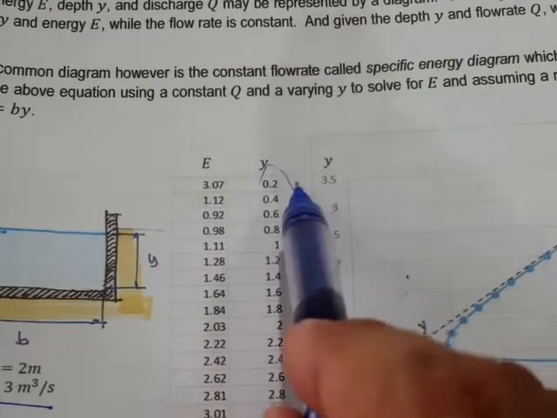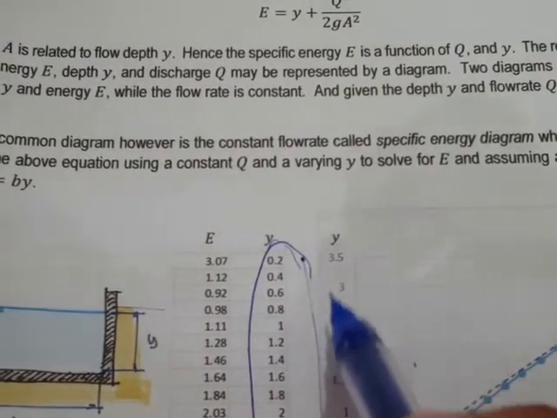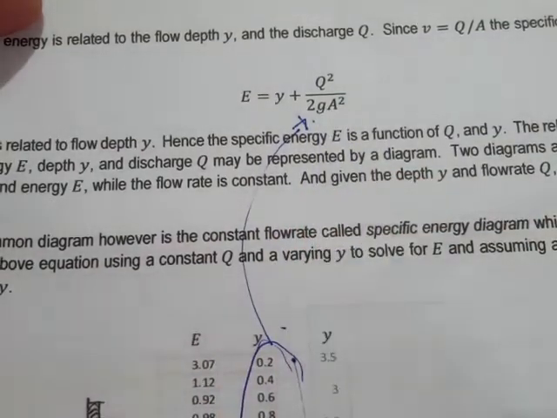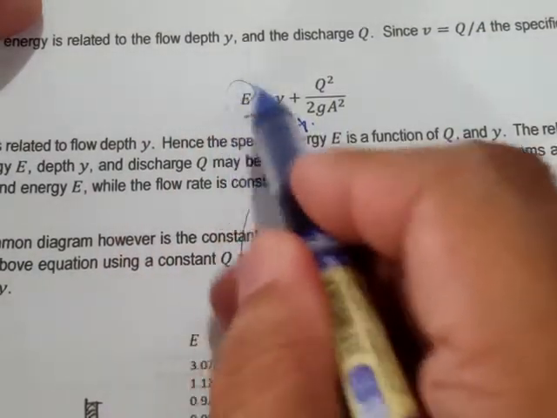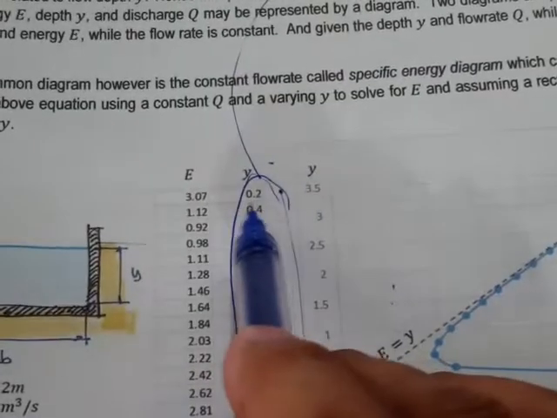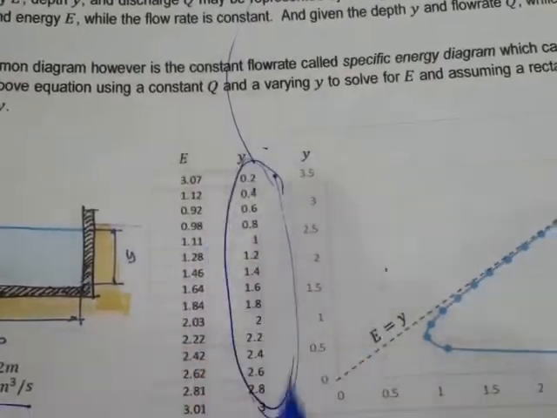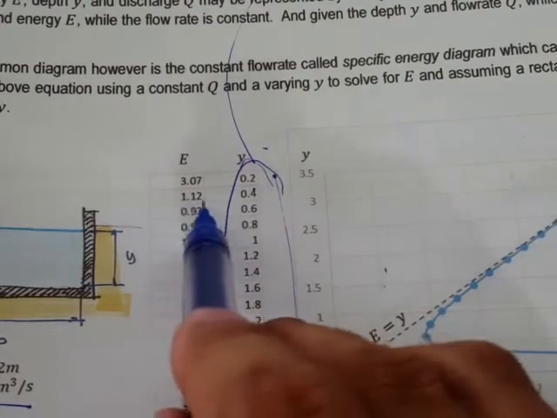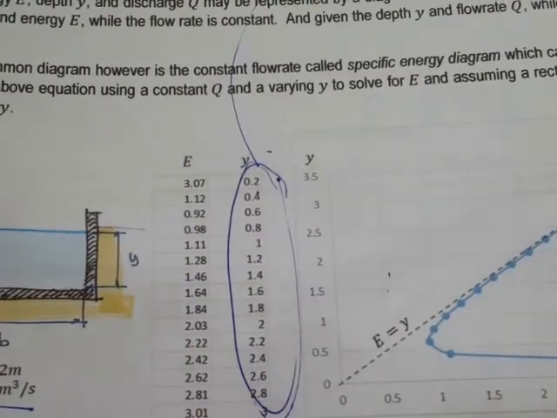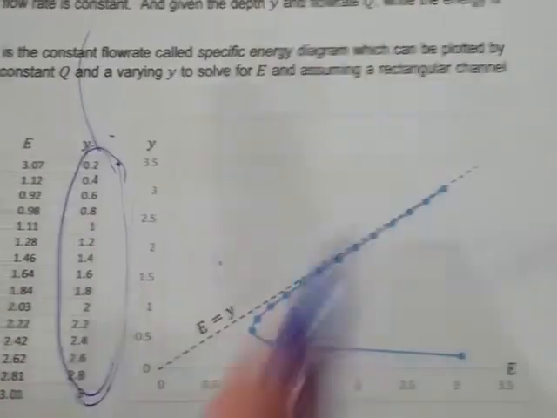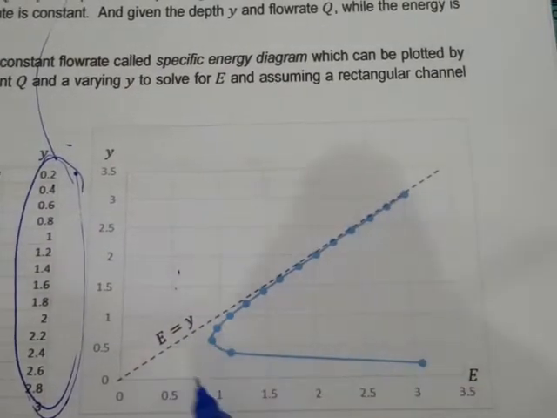We try to input this data into this equation, and of course, since it's a function, it will produce a value of E. So it says that for 0.2 we have a specific energy of 3.7, and for 0.4 we have 1.12, and so on. Right, so if we plot this into a graph, what we see is a curve something like this. So this blue curve,